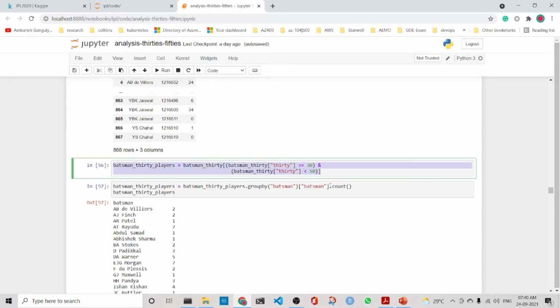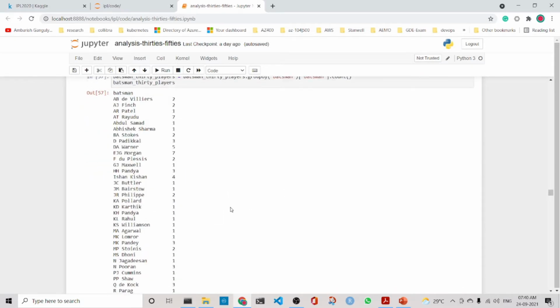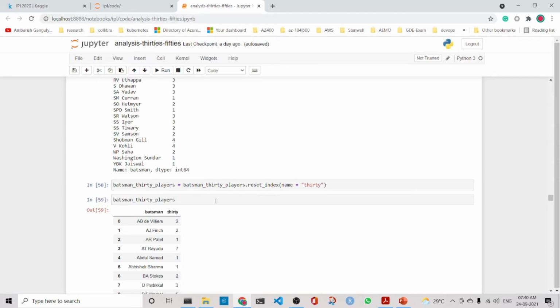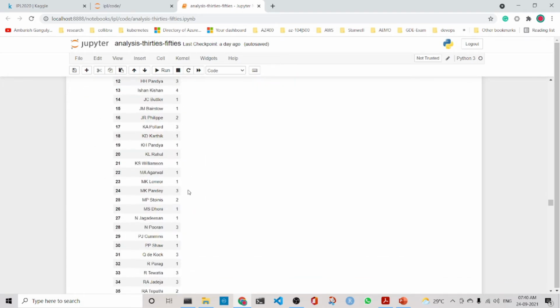These are the ones who have scored the 30s, and then we count it, and then we have the batsmen's 30s, which is the number of players who have scored the number of 30s here.